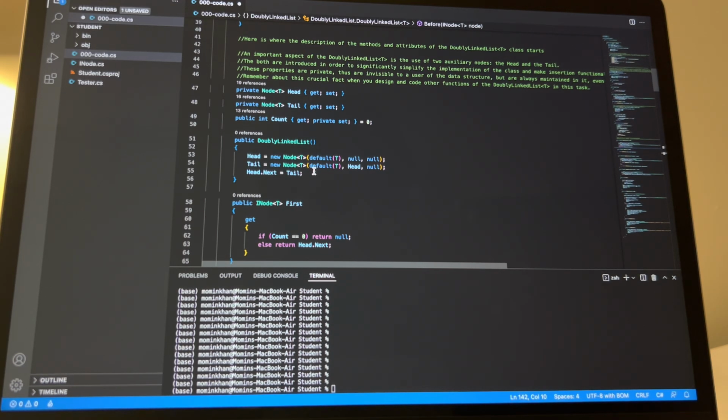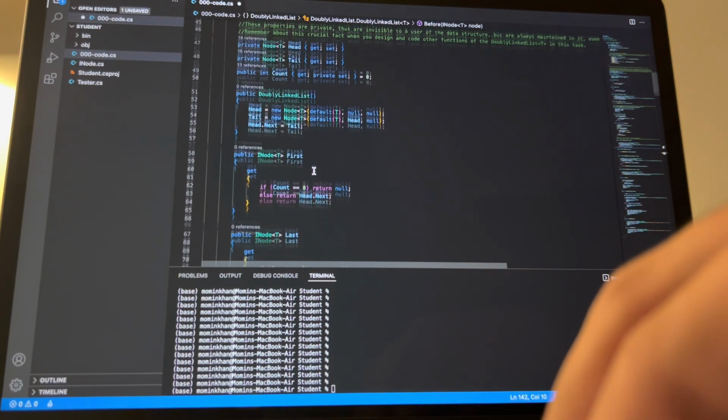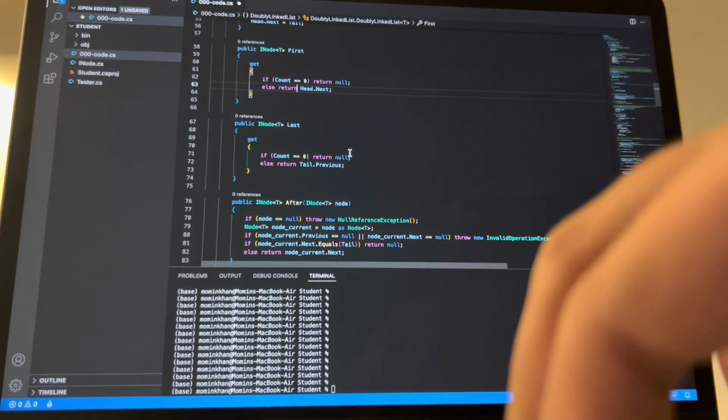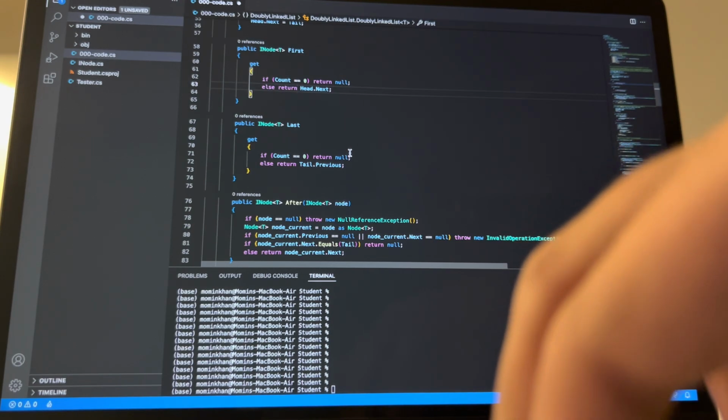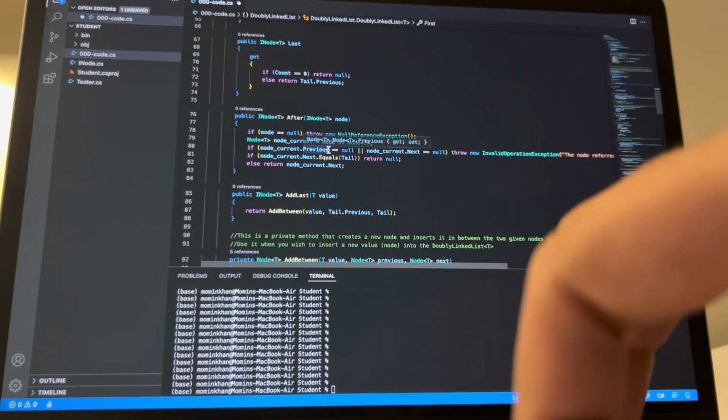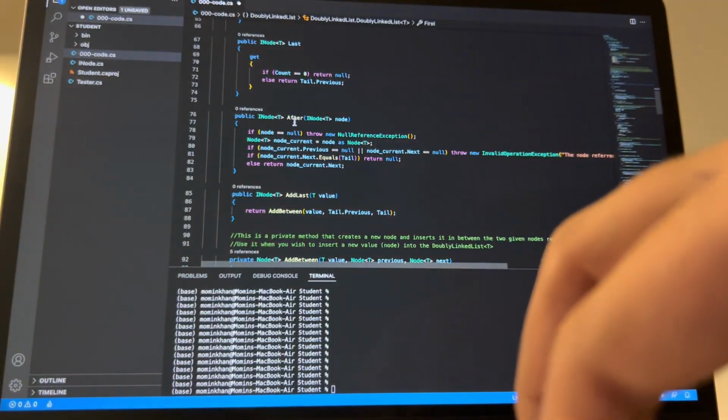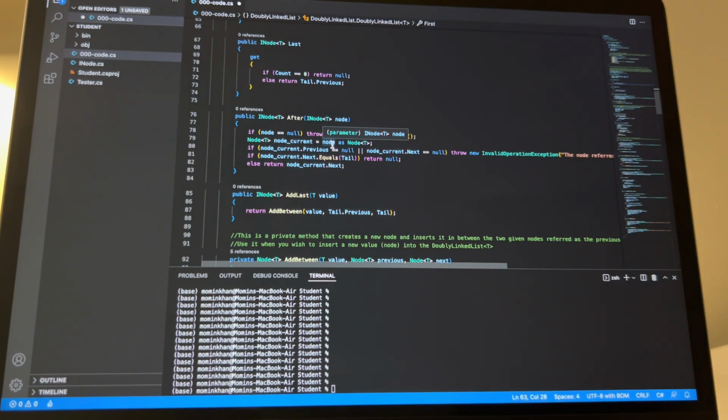And as we can see, in the constructor of wLinkList, the outer class, we have initialized head and tail, and head node next is equal to tail. So this method is returning the first element in the list, and this method is returning the last element in the list. If we have a look at this one and the one after,